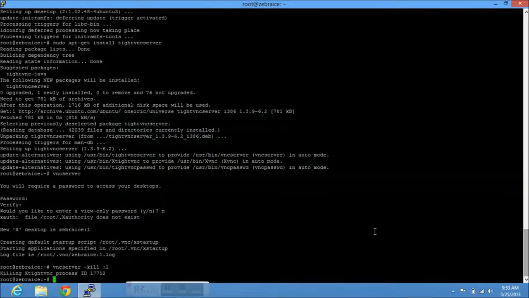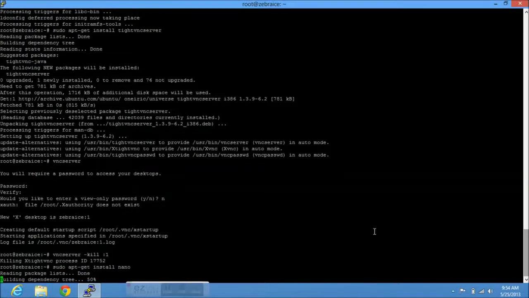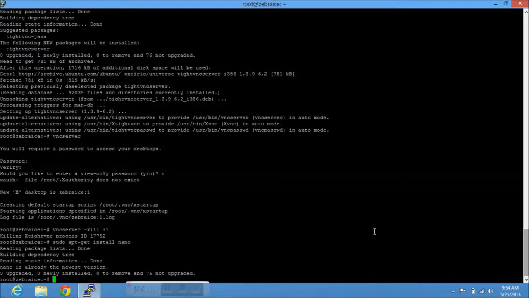Let's just make sure, even if you already have it, just go ahead and do this. Make sure you do sudo apt-get install nano, because we want to edit the file so we want it to correlate with our desktop environment. In order to get that file editing program, we're going to have to install nano. As you can see, I already have it. So let's go ahead and use nano. We're going to edit that